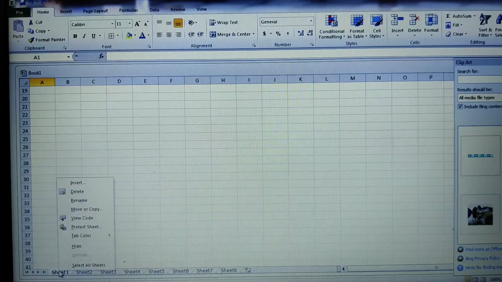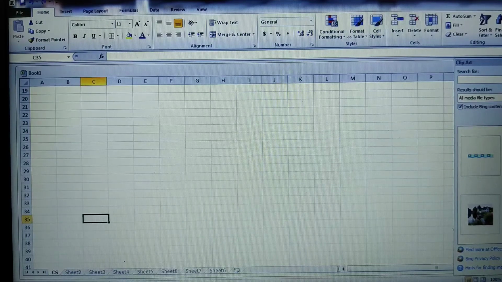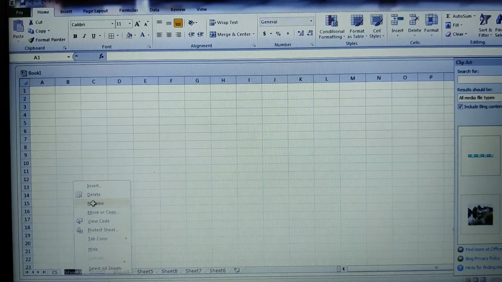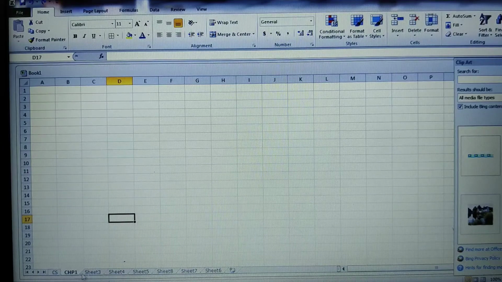Just right click and you have an option here as Rename. Click onto Rename, it will get highlighted. Now you can type it as CS. Similarly, for the second one, click onto Rename and type what you want. I'll give it as Chapter 1. Like this you can rename it.